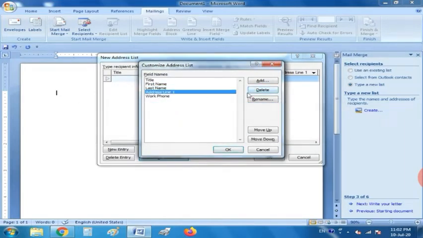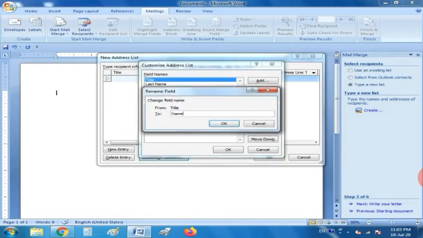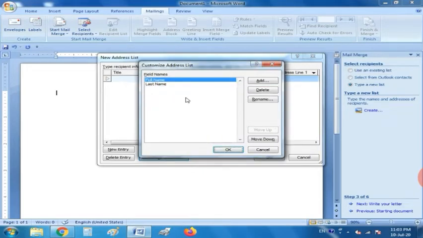Students, if you want to add more fields, you can click on the add button. Clear? I am going to tell you how to do it. So two fields are left. Now students, I am going to rename them. I have given the name full name, as you wish. Click on the OK button. Then last name is written. In place of last name, I am going to give address 1 or address 2.